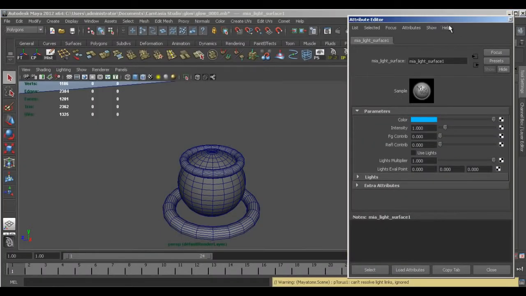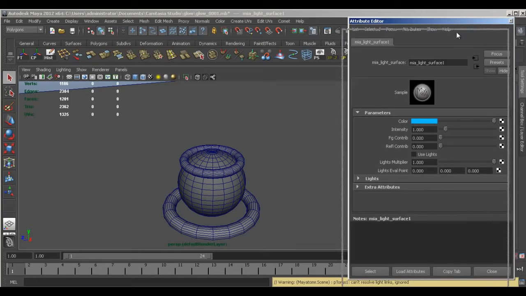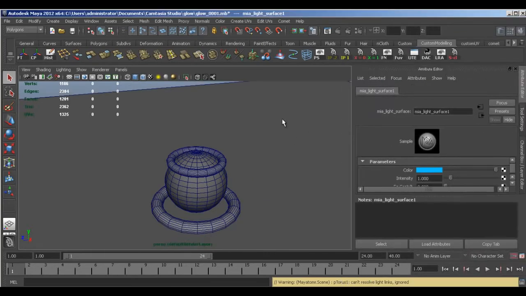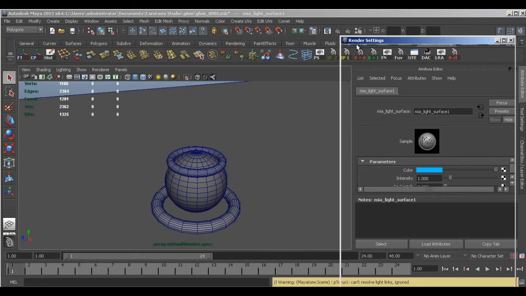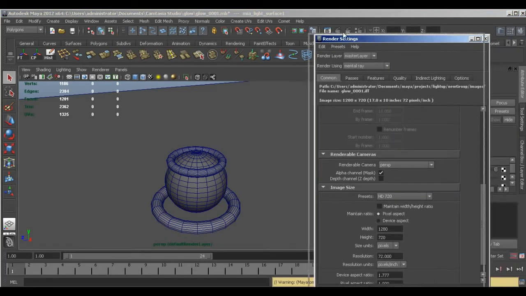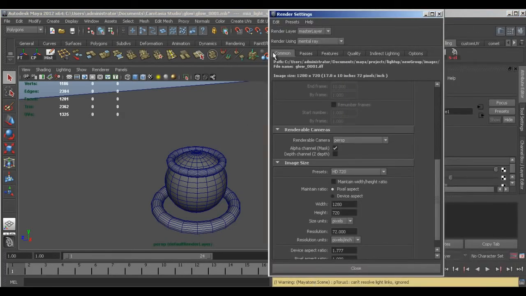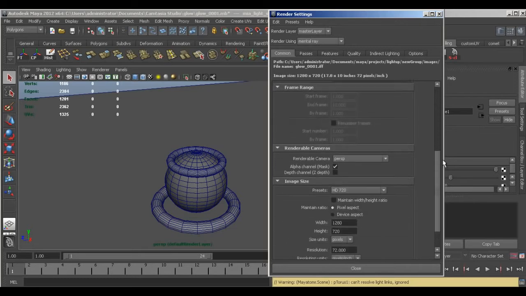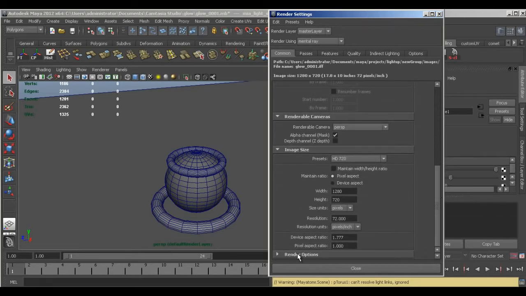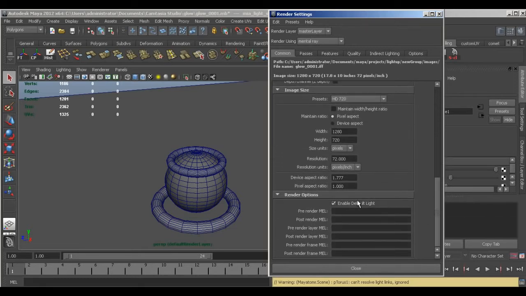There's a couple of things we need to do to make this glow, so I'm just going to move my attribute editor out of the way for a moment. We need to come to the render settings. First thing, under the common tab, we want to come right down to the bottom where it says render options. We need to turn off enable default lighting,